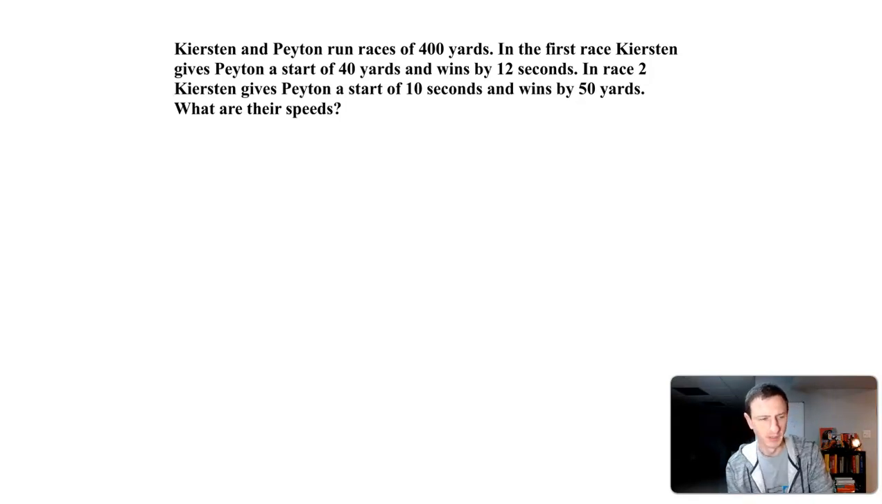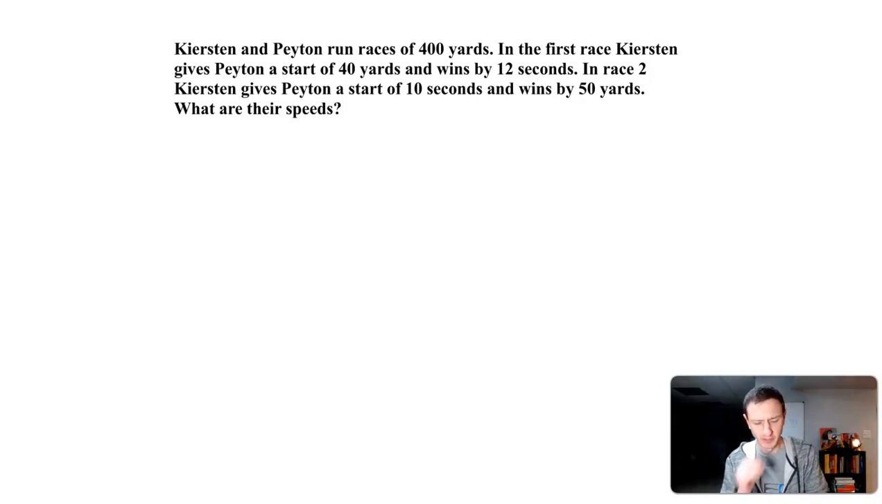It says, Kirsten and Peyton run races of 400 yards. In the first race, Kirsten gives Peyton a start of 40 yards and wins by 12 seconds. In race 2, Kirsten gives Peyton a start of 10 seconds and wins by 50 yards. What are their speeds? I don't know if this is borderline a brain teaser type of question, but